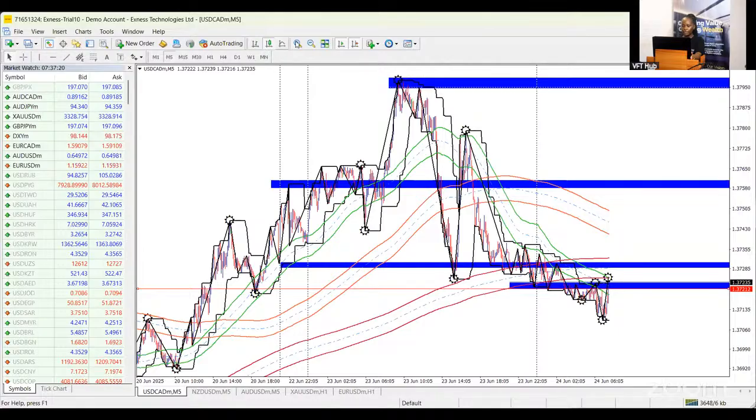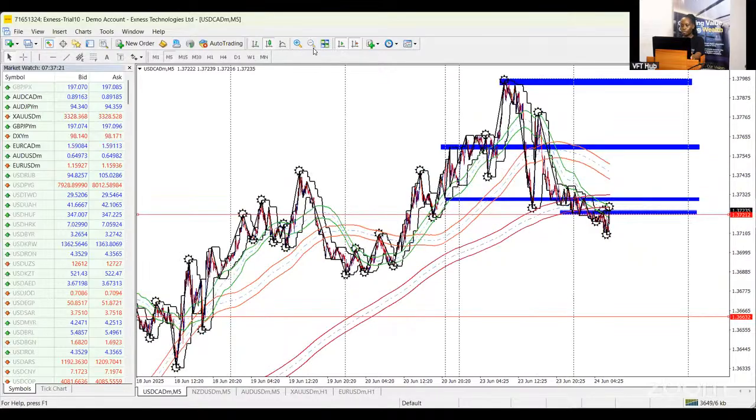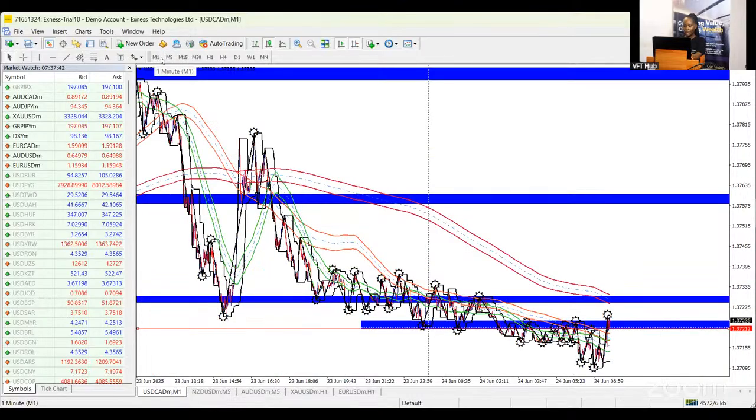Now on M5, we're going to be looking for more confirmations, specifically on M1. We take our entries on the 1 minute time frame. I'm going to want to see not just reactions, but a confirmation that this zone is going to hold before I even start thinking, okay, am I going to go along with technicals and look for a buy position on USD CAD, or am I going to be waiting till tomorrow because we have a news release coming out tomorrow, but I'll touch on that a bit later.